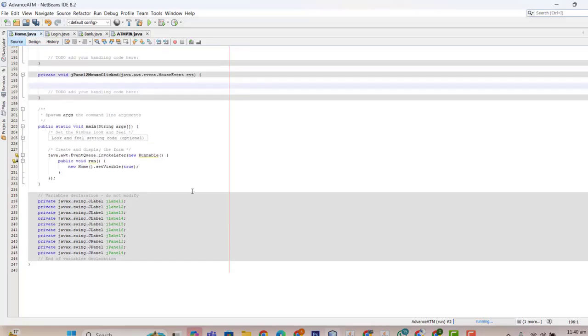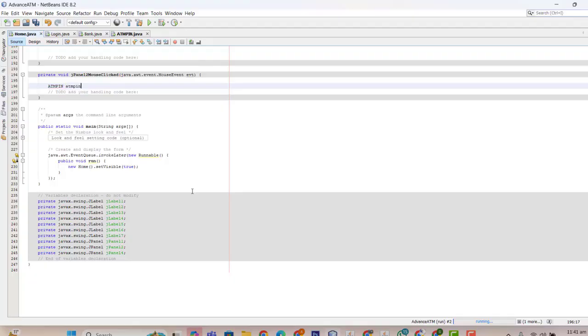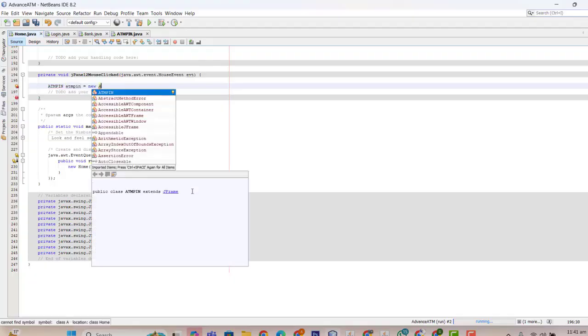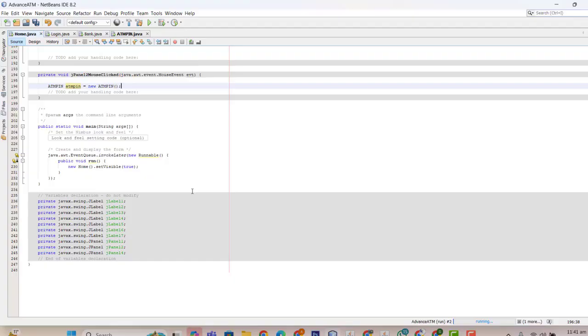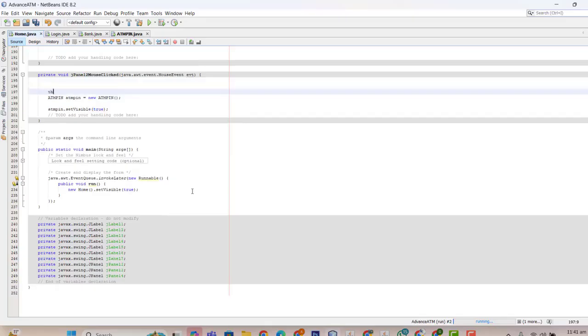and what you have to do here, ATM pin, which is equal to new of ATM pin. Okay. And then ATM pin dot set visible true, and this dot set visible false. Okay,